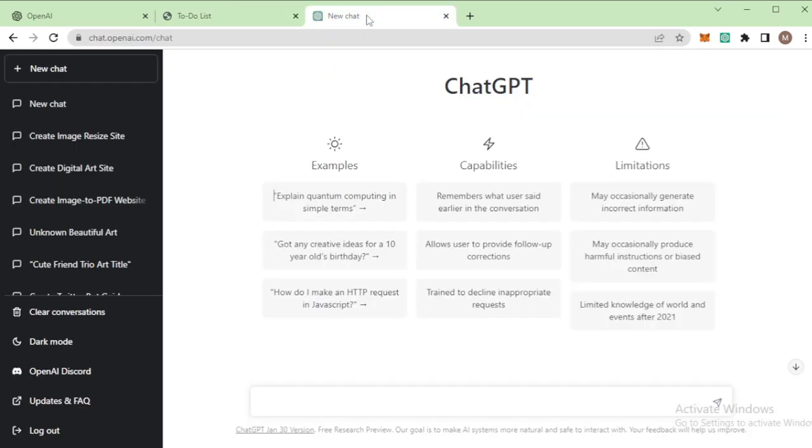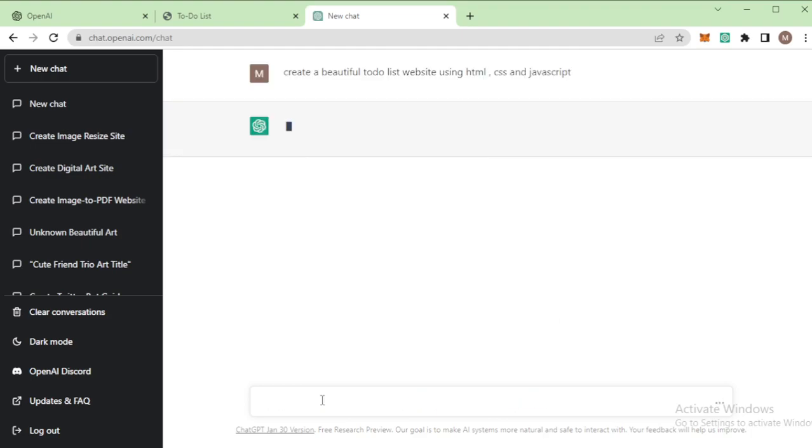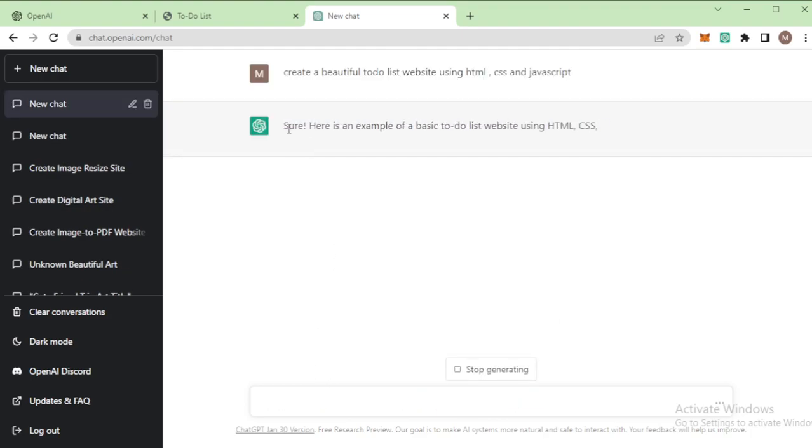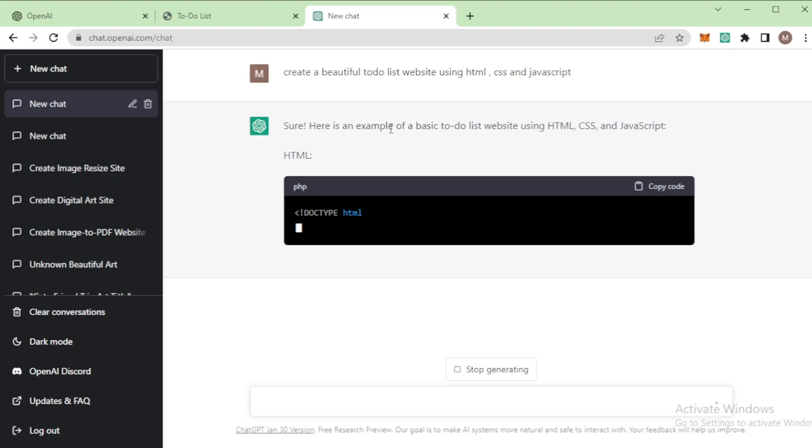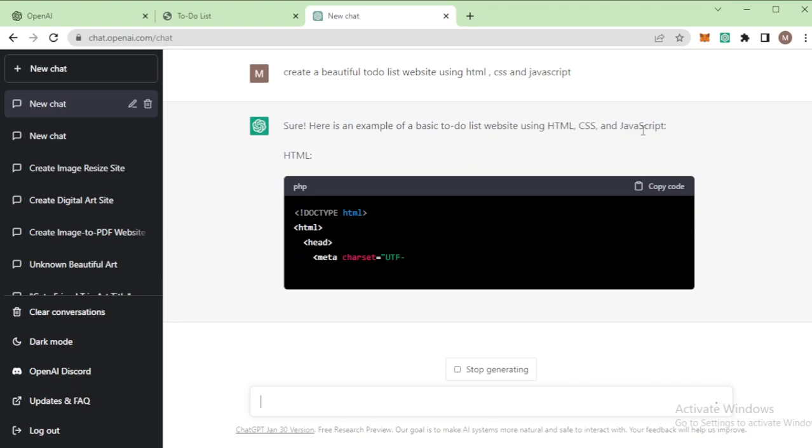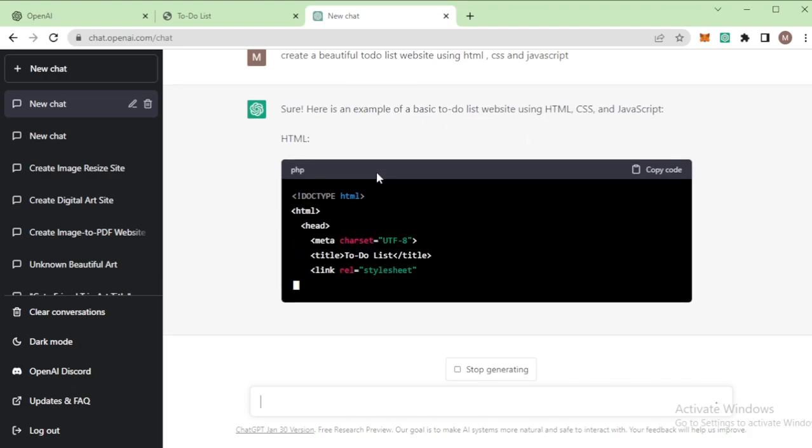So first I go to my ChatGPT account and right now create a beautiful to-do list website using HTML, CSS and JavaScript, and input now. And you can see here is the example of a basic to-do website using HTML, CSS and JavaScript, and ChatGPT creates